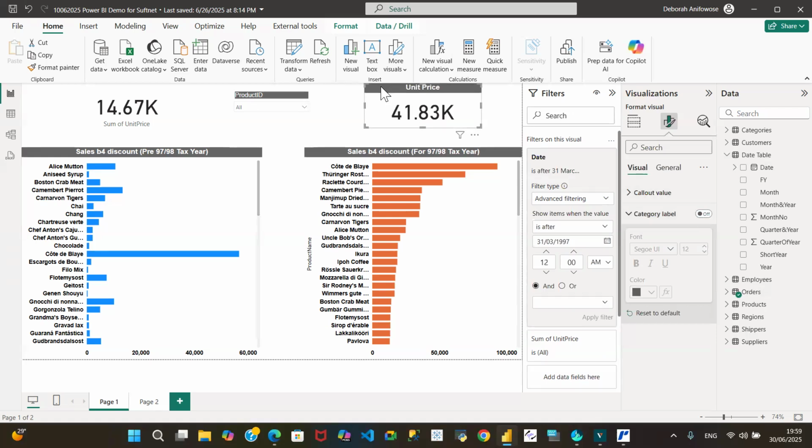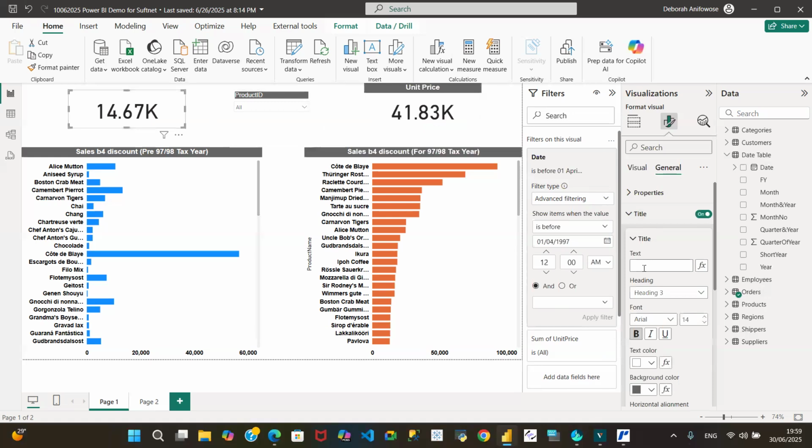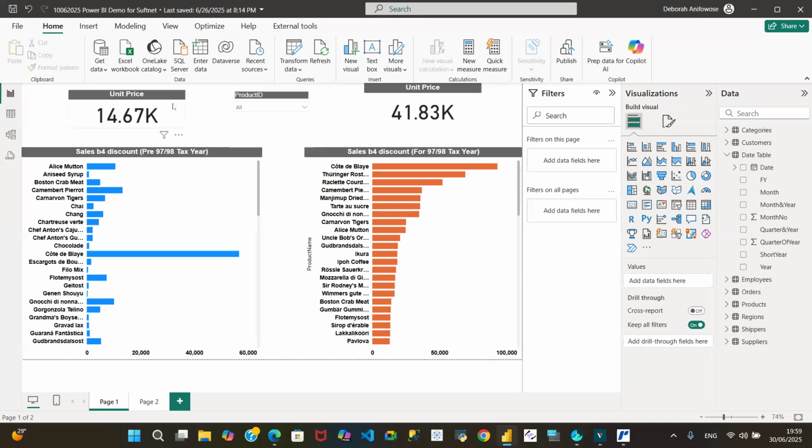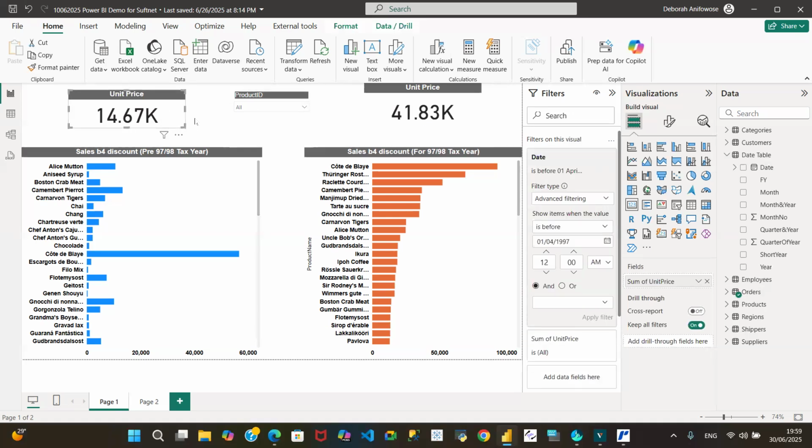And I can copy everything that's been done here, format painter, and do the same here. Why is it not copying the top bits? Okay, it's because I've not put a title here for this one. Okay, so unit price as well. All right, gotcha. Okay, so what we then intend to do is